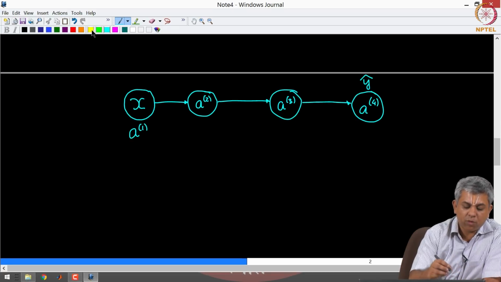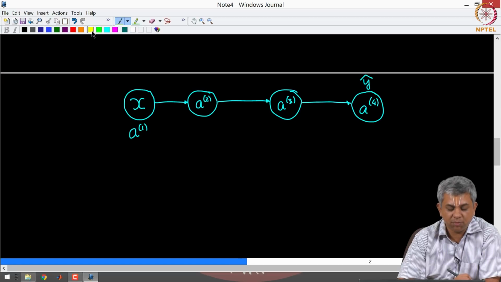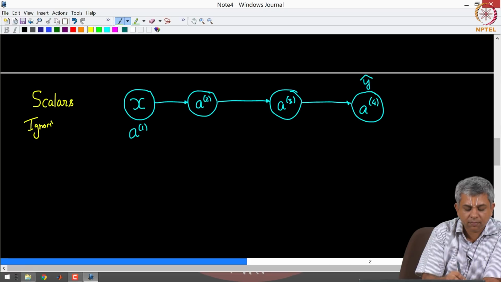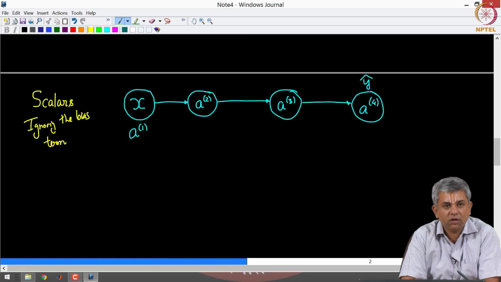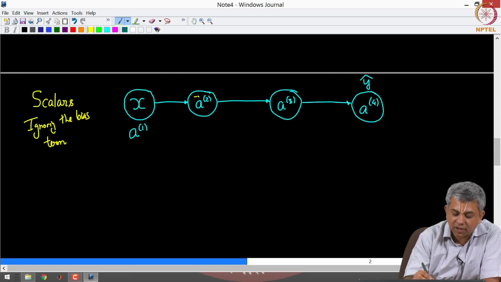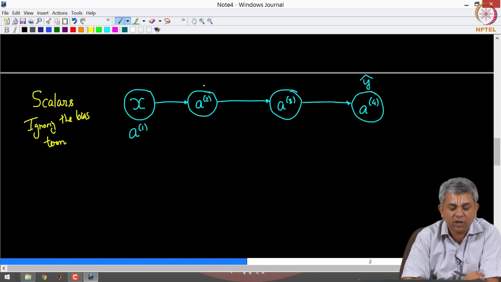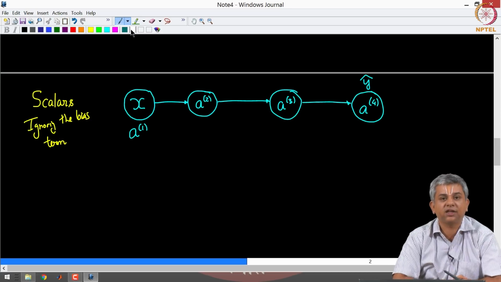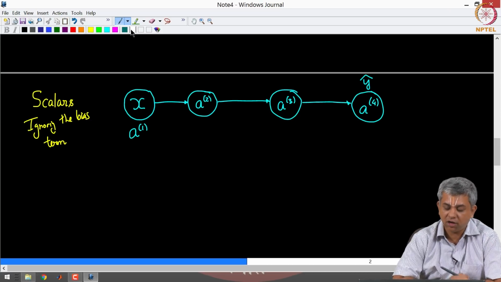Now, the change that I am going to make so as to make our derivations simple is to treat all these as scalars. Okay. I am also ignoring the bias term. So, in the general case, remember, these were vectors, the weights were matrices, all that complication is being thrown away by me just in order to get you a picture. Now, surprisingly enough, even with that, the expressions we get are very close to the final complex expressions.